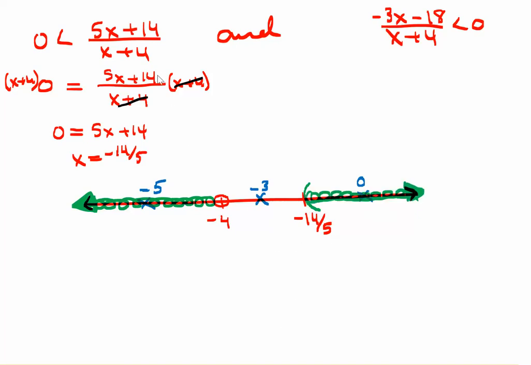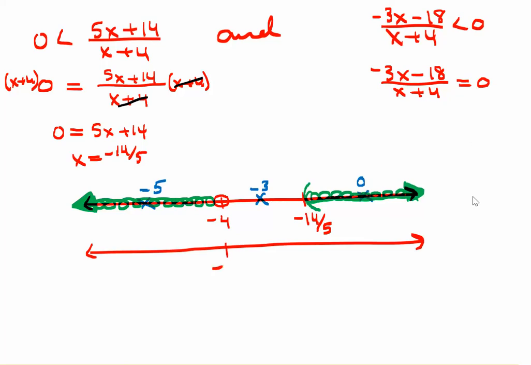Okay, we've only solved one of these inequalities. I said this is a long one here. Let's turn our attention to this side over here. So let's make this into an equal sign, and again start our number line here. Again, we have to put a little open dot at -4 because it cannot equal -4,